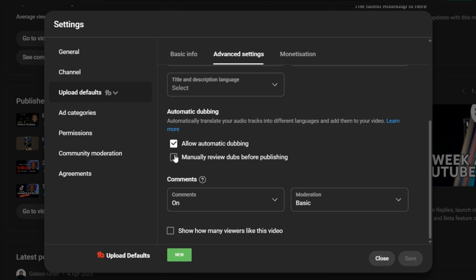But if you're lucky to have the automatic dubbing in your account, go ahead and turn on the automatic dubbing and save that settings and start